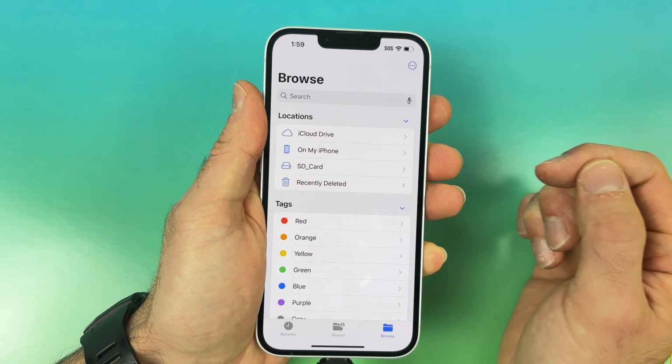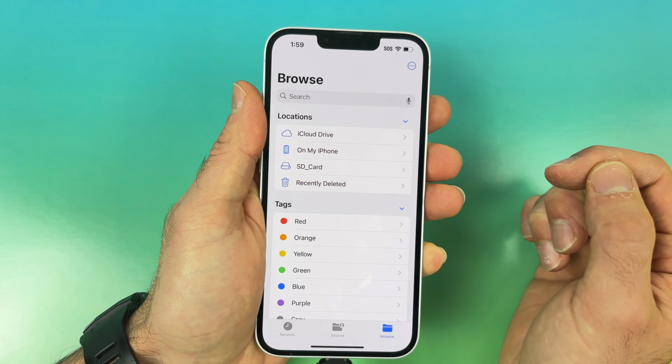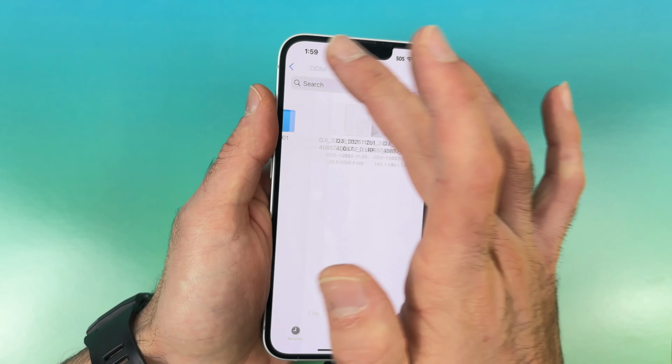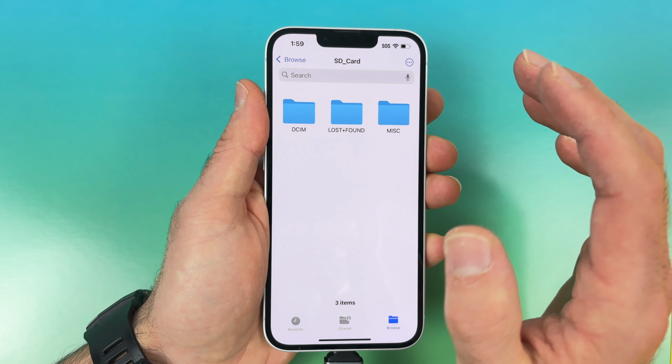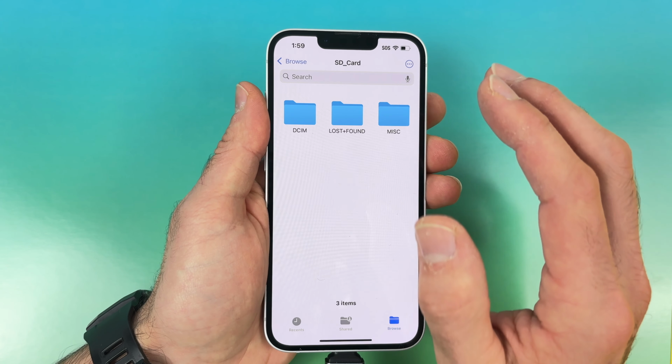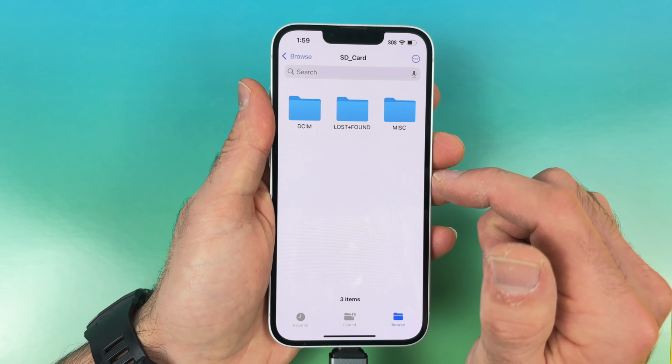Maybe yours will have a different name. So if you tap on it, you'll be able to see all the files that are currently on the card. So if you have folders, you can go and click whatever and see them. If you want to transfer a file from the SD card to the internal memory of your iPhone 16e, let's